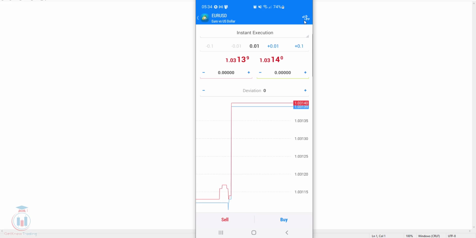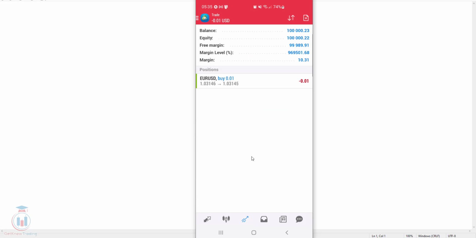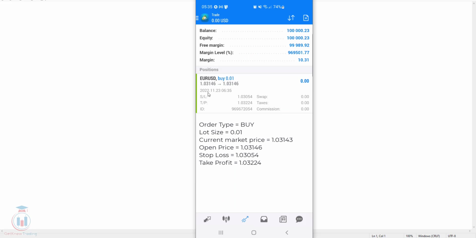I will open a new one just to show you more details about trading. Just a minute, I will increase stop loss and take profit so the order doesn't close very fast. I will click buy. Done. Below that you have the date and the time when this order has been opened. Stop loss and take profit are visible here, the ID of this trade is here, and the swap taxes and